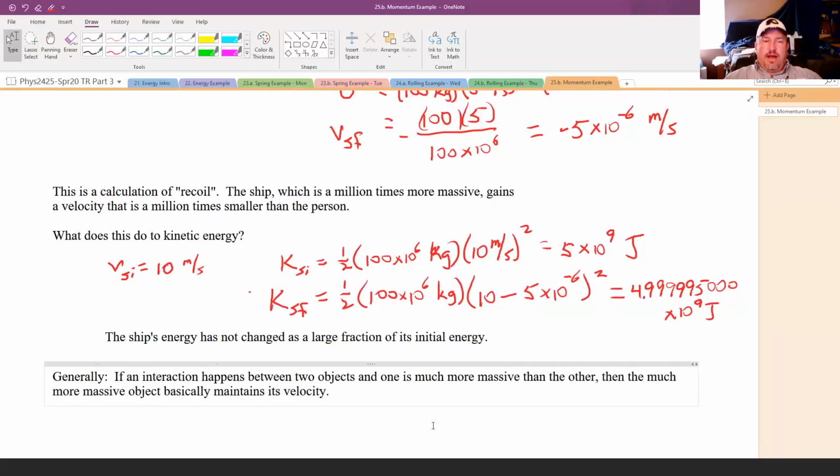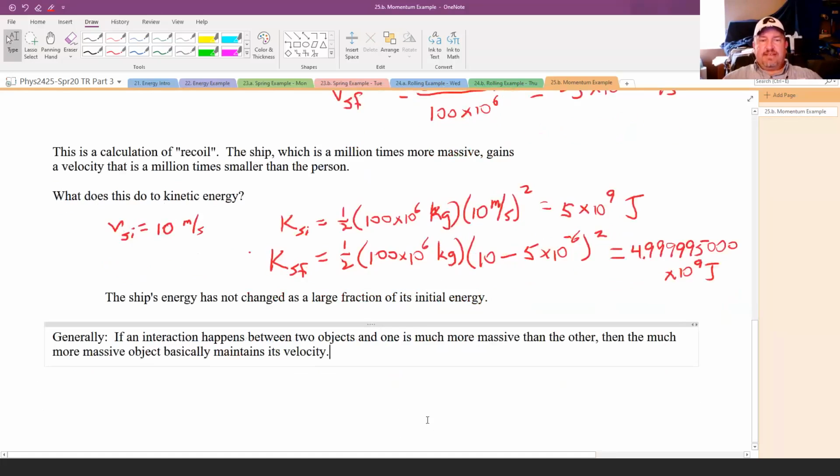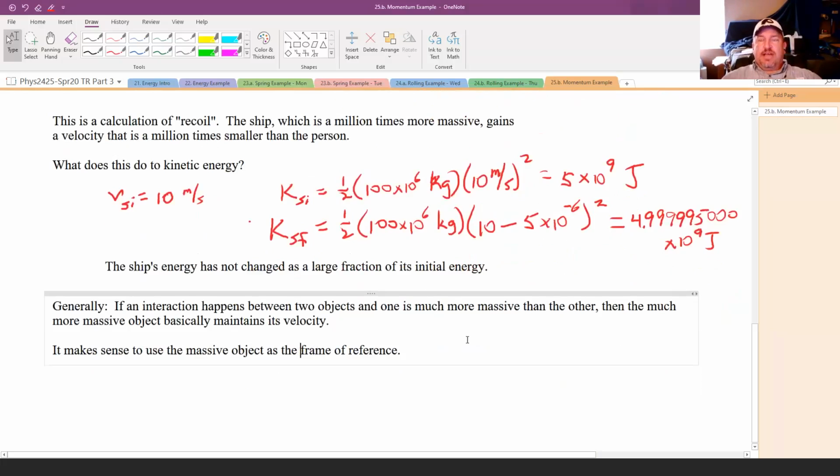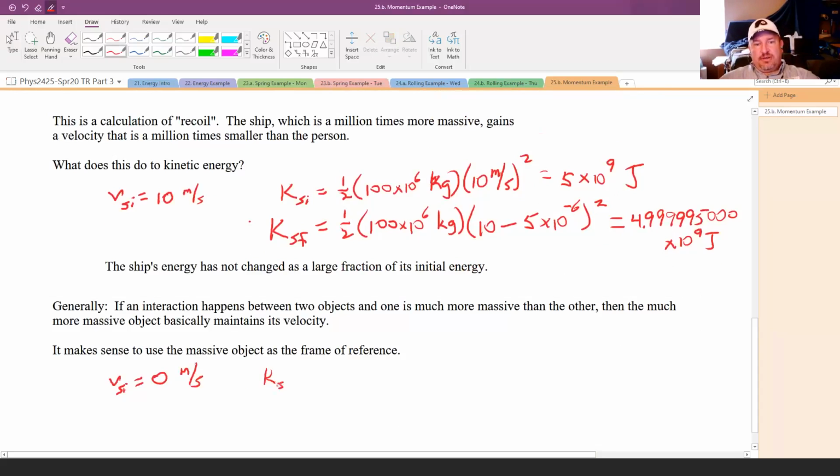Then the much more massive object basically maintains its velocity. In that case, it makes sense to use the massive object as your frame of reference. In other words, tie your coordinate system to the massive object. So then V ship initial is equal to 0 meters per second. K ship initial is equal to 0, and K ship final is 1/2 times 100 times 10 to the 6th